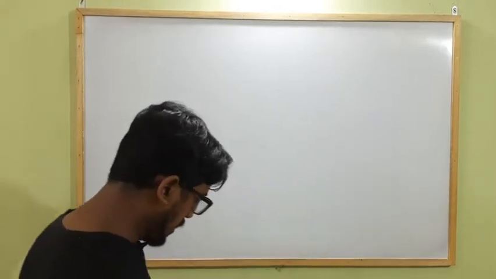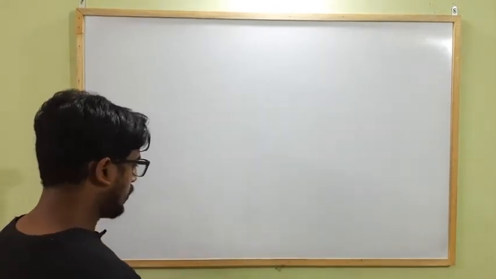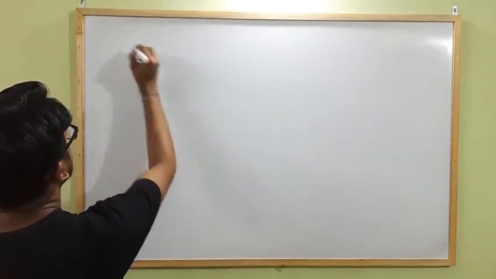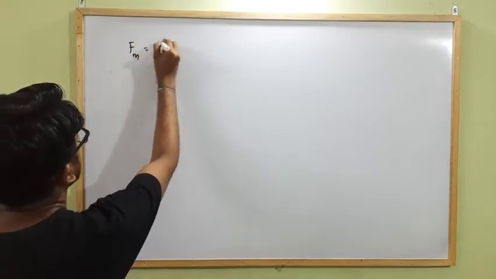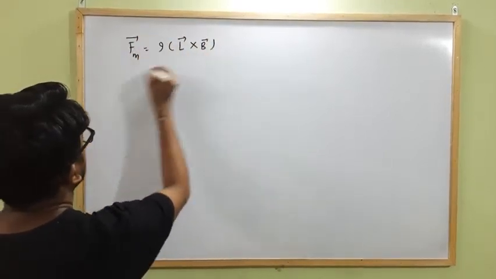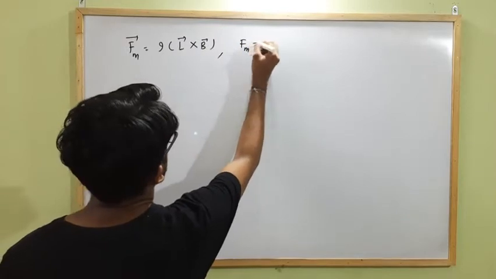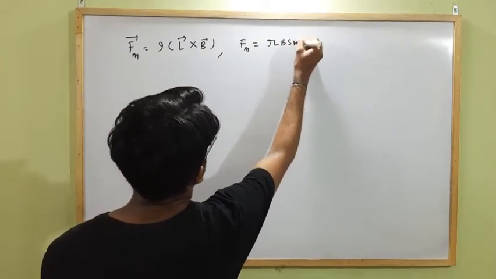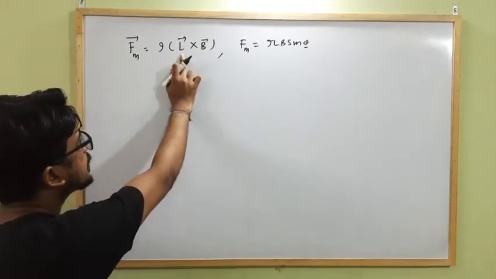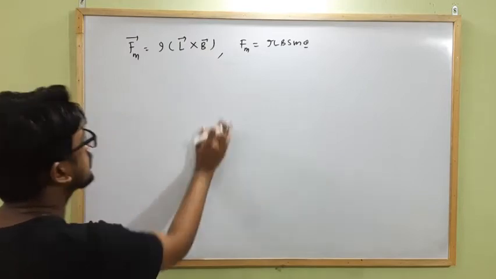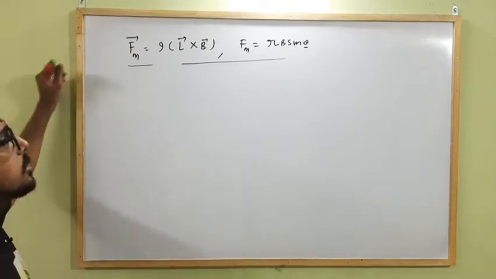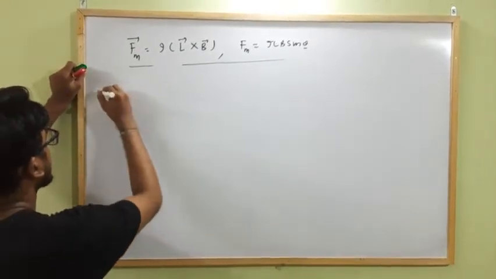So before that, just quickly remind the formulas that we are going to use. When a current carrying conductor is present in an external magnetic field, it will experience a force. The magnetic force is given as I L cross B in vector form, and in scalar form we can write it as I L B sin theta, where theta is the angle between the direction of length element and magnetic field vector. Clear? So first of all we have to apply these expressions to do some numericals. Okay, so let's take example 1.